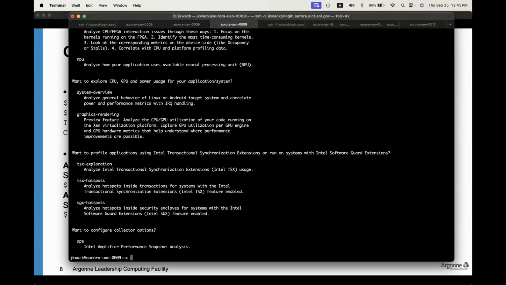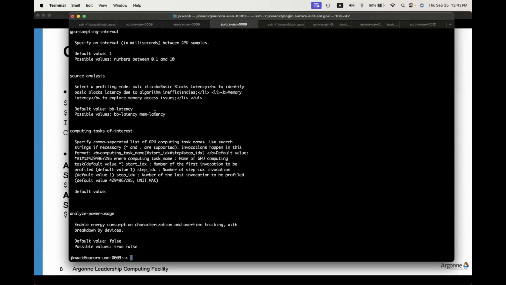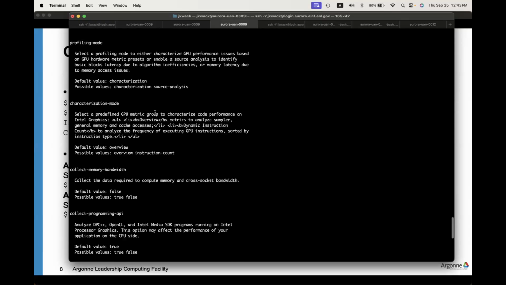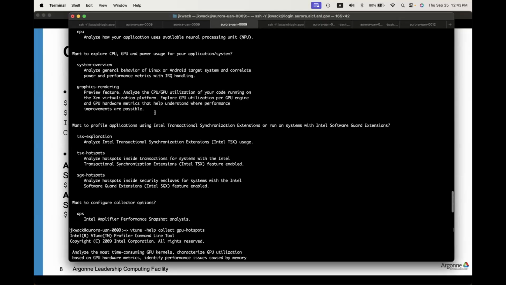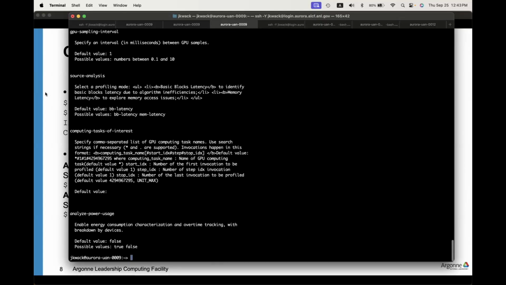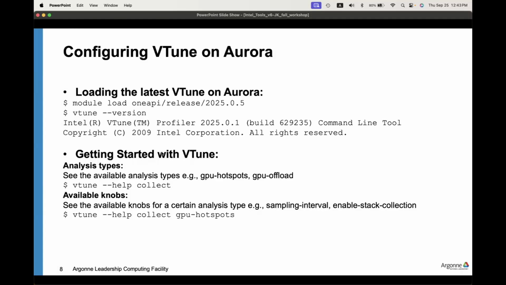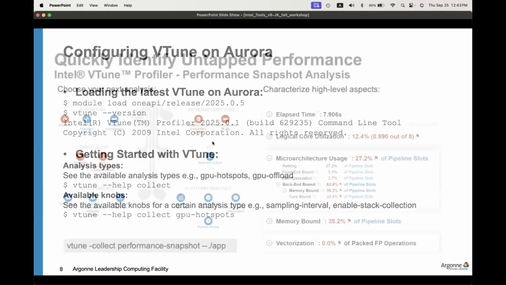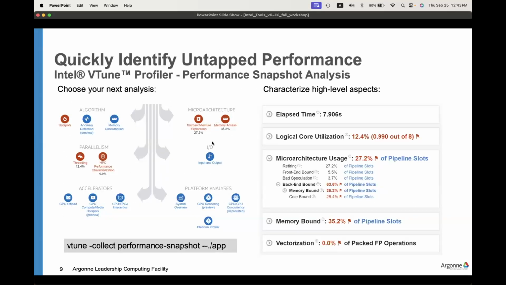And if you're interested in VTune GPU hotspot analysis, you can then collect GPU hotspots. And then it will give you all the additional knobs available for the GPU hotspot analysis here, right? So this is my favorite way to check what kind of VTune features are available for my testing. So anyway, the first knob you may try out is